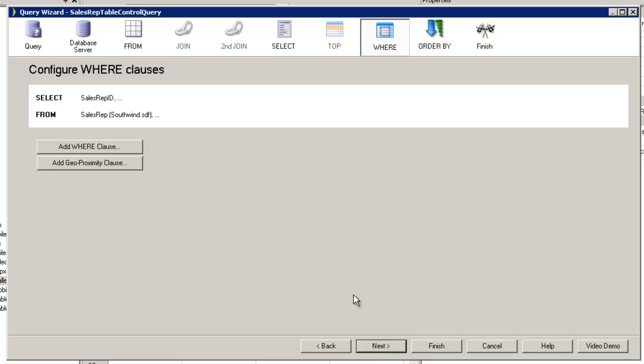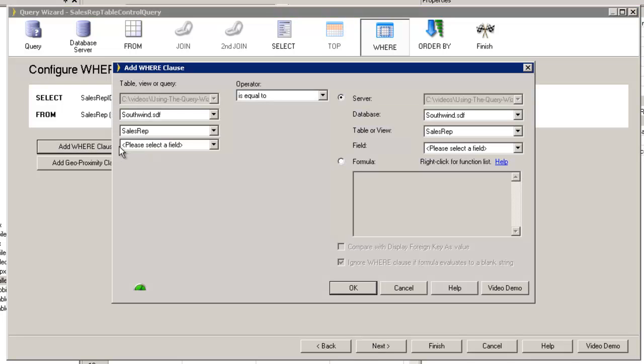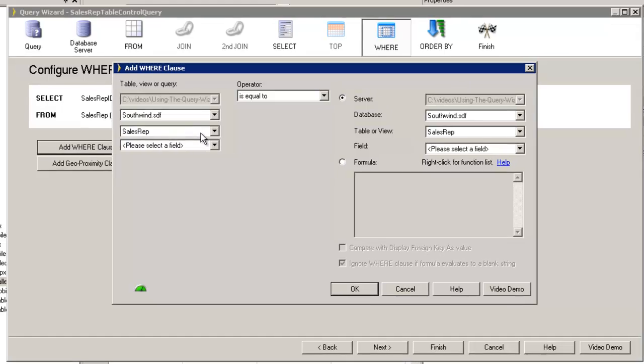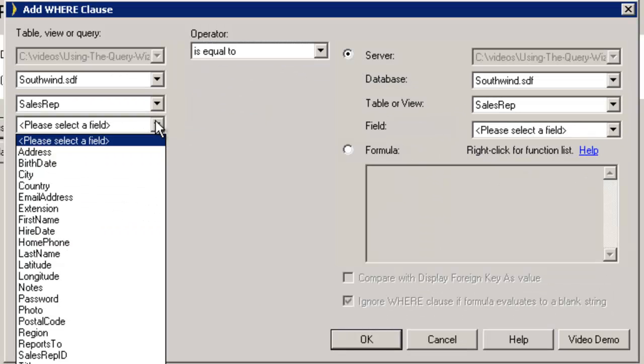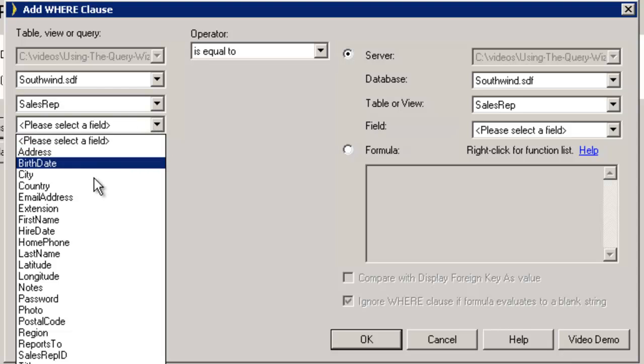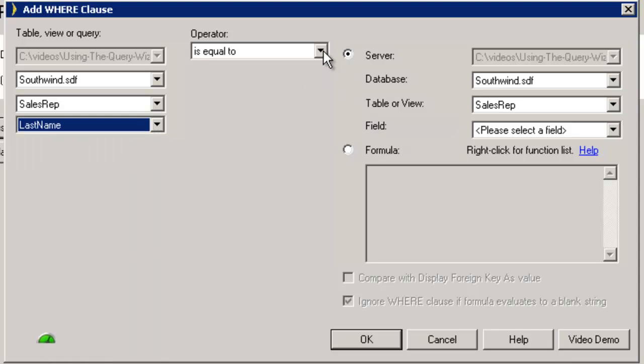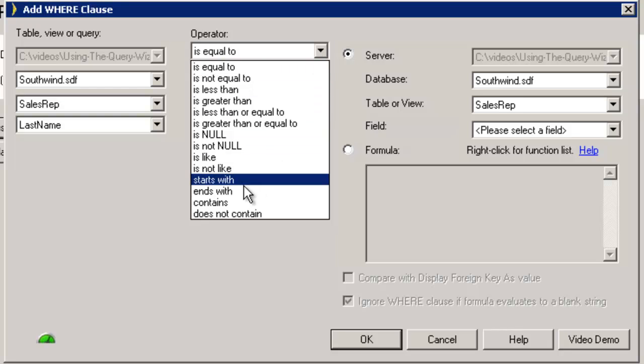Also, we get to the where clause. And the where clause is where you can limit the data that is selected by the query, and this is where we typically make all our changes, either in the where clause or in the order by. We can add a where clause to our query, an easy thing to do. Let's just say we want to look at the sales rep, and we want the last name. We'd like the last name to start with,